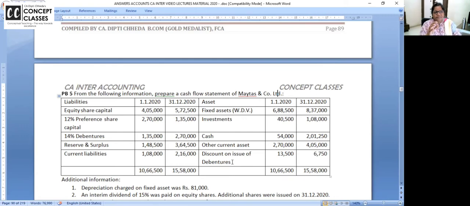So what is coming? 6,750. Now listen, when you have issued the debentures, you have given discount. So bank debit, discount debit to debentures. Debentures are written at face value. Money has come less. Remaining you have put in the discount. So discount was 13,500. Now it is 6,750. Definitely a book entry is passed and you have written off 50% of the discount. 13,500 has become 6,750. So reduction is the discount debited in P&L. Isn't it a book entry? P&L debit to discount. You know, they are writing off. So non-cash expense, add back. Add back the non-cash expense here.